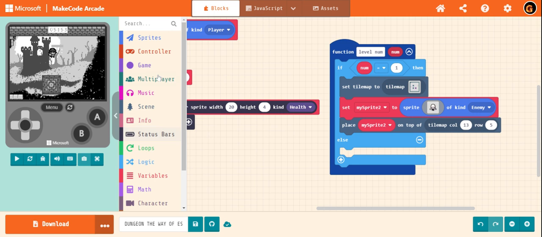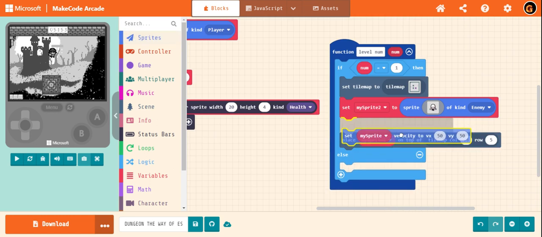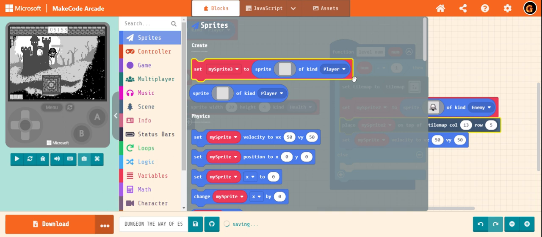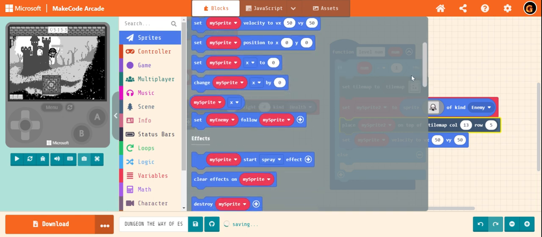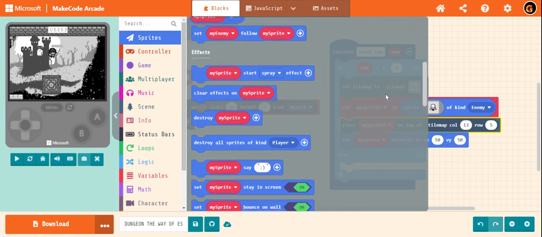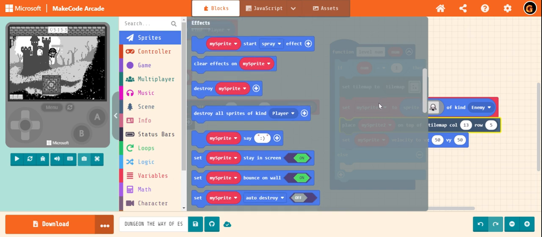Then let us add something different. His bones. Let's set the velocity. After that, we should set him to bounce on wall. Where is it? Bounce on wall.